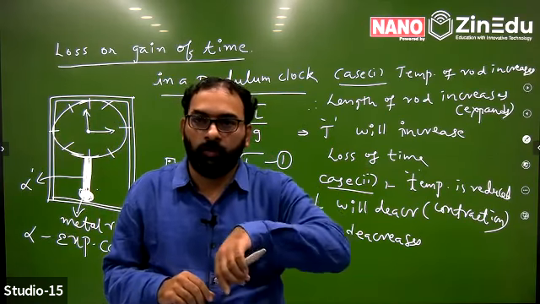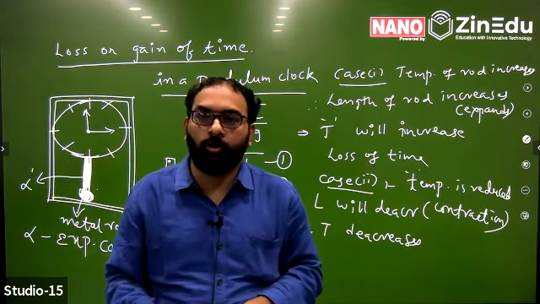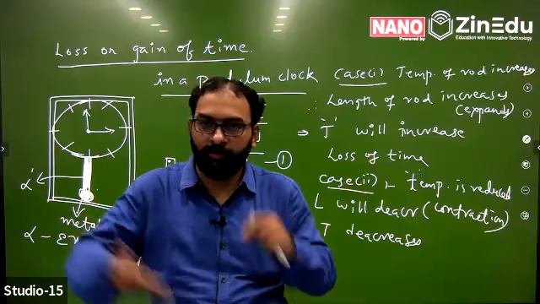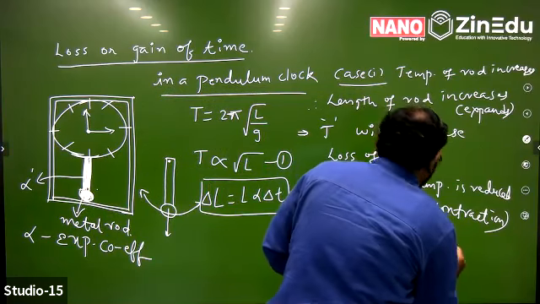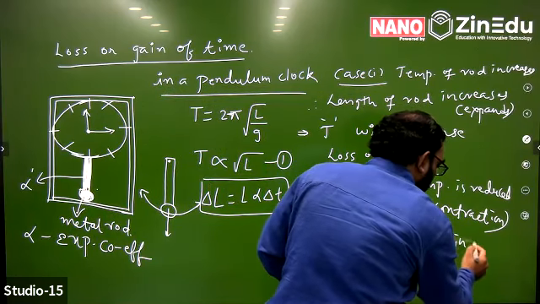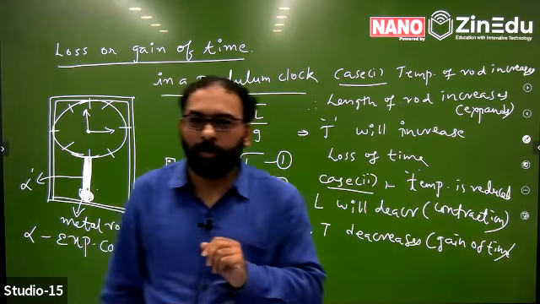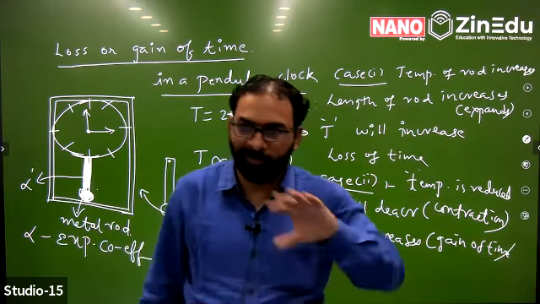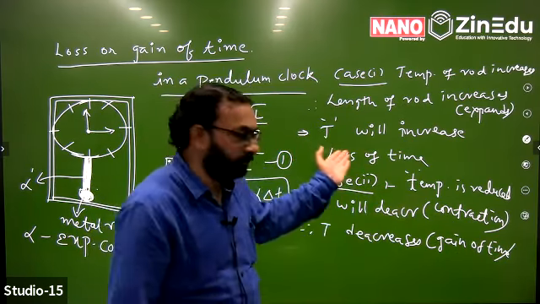Now it is 4:30, but it is showing 4:45. Means the clock is showing more, the time is ahead of the actual. That's what we call a gain of time. And this is loss of time. Loss of time means the clock is running slow. This is a general statement. In general, suppose it is 4:30, but actually it is showing 4:25. That is nothing but loss of time.